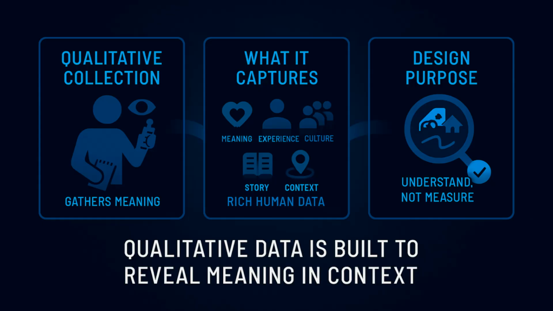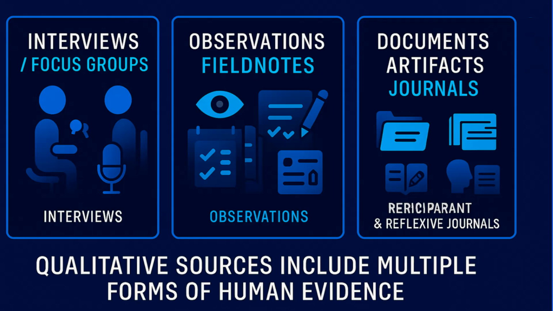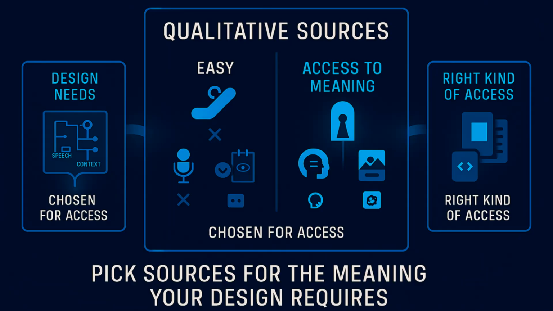Qualitative data collection is different because qualitative research is designed to capture meaning, experience, culture, story, and context. Qualitative sources might include interviews, focus groups, observations, field notes, documents, artifacts, participant journals, and researcher-reflexive journals. The most important rule is that qualitative sources are not chosen because they are easy. They are chosen because each one gives you a particular kind of access to meaning, and your design requires the